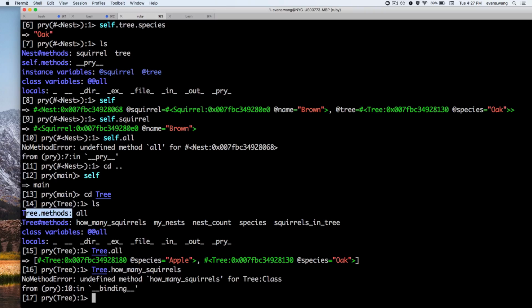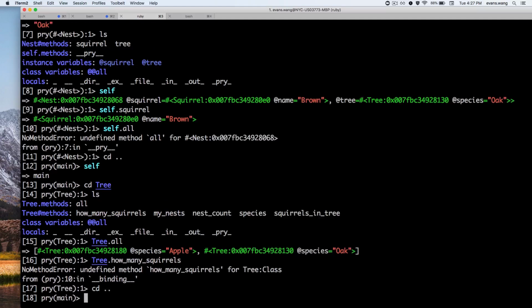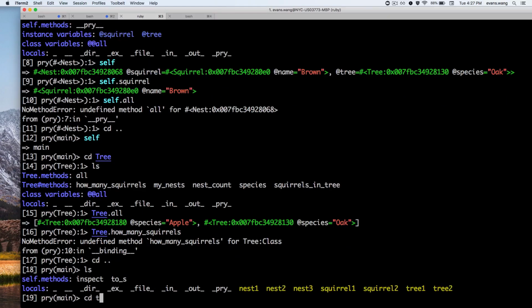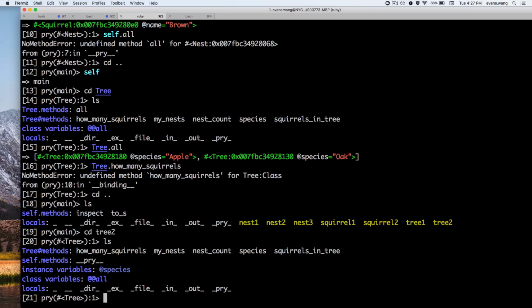So look, see this dot? That means that it's a class method. You see this little hash? That means it's an instance method, right? So of course this wouldn't work because class methods are on classes, instance methods on instances, right? So how do I get into this instance? I know I have the instance, right? Let's go into tree 2 for funsies. These are my methods. So self dot